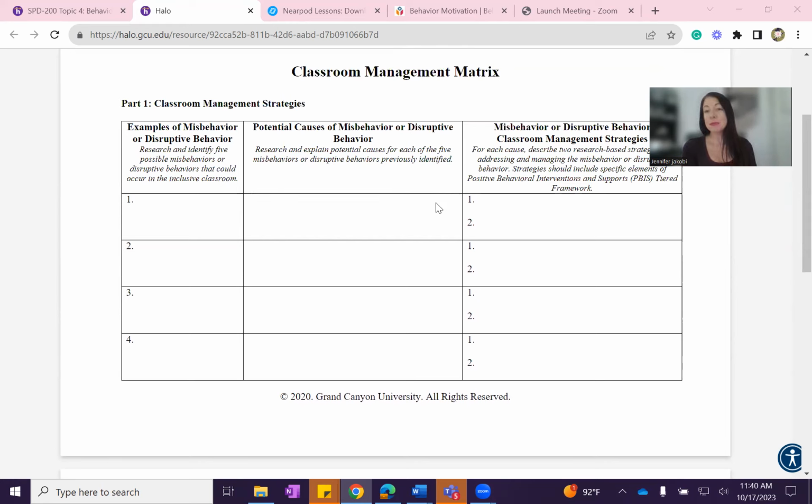With this matrix, it is specific and geared towards strategies that involve classroom management. And so you will identify, through using our textbook and the disability category template and all that you have learned in SPD 200 up to this point, some examples of misbehavior or disruptive behavior that can occur in a classroom. You're also going to research the potential causes of the classroom behavior and provide 2 strategies to support those students